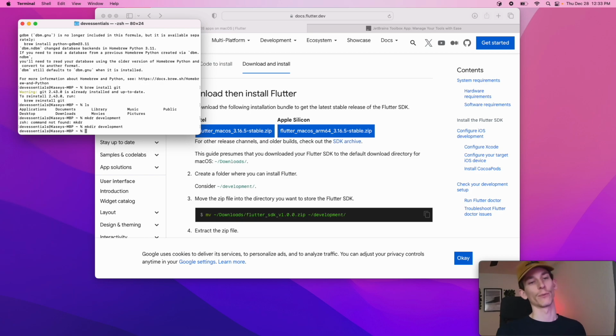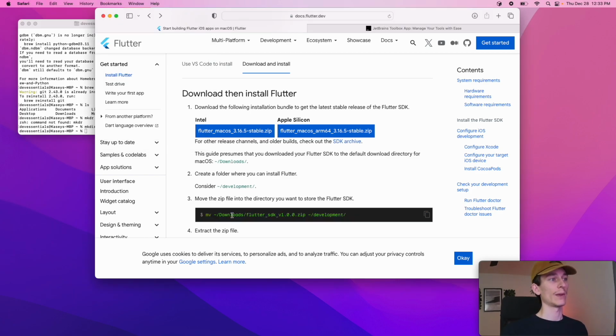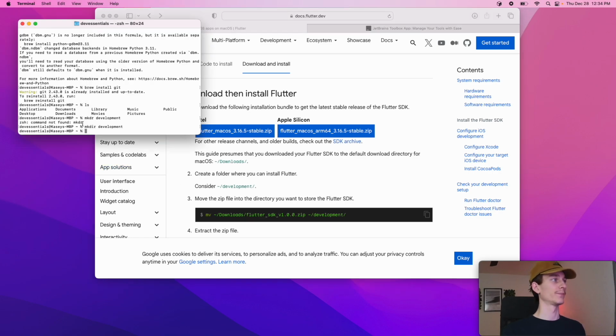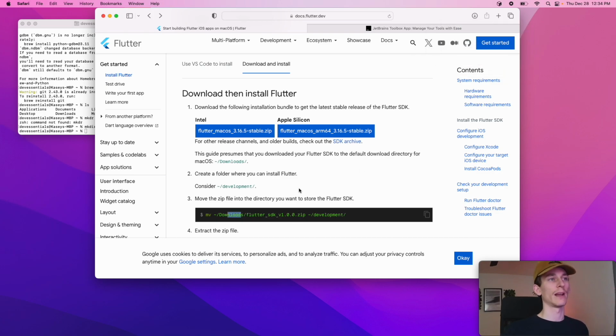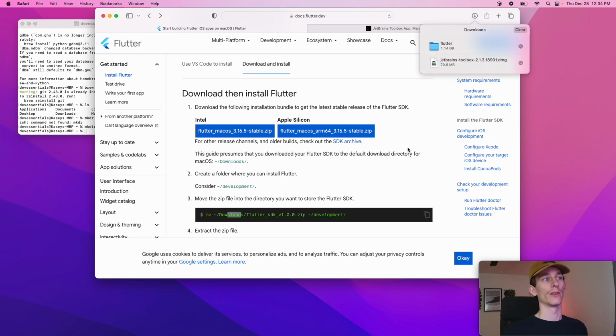mkdir is for make directory development. All right, awesome. And then now we can copy this terminal command here: downloads Flutter SDK, move it to development. So we're going to have to do it a little bit differently. Also, it looks like the zip for the download already got opened, which is unfortunate. Well, if yours didn't get opened, you can run this command, downloads and then the Flutter SDK, move it